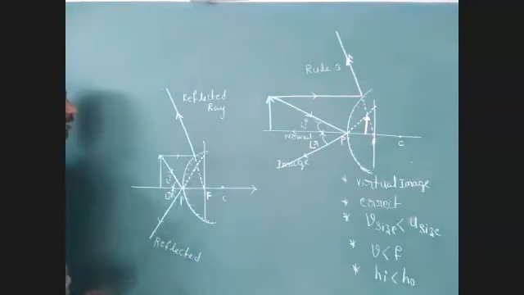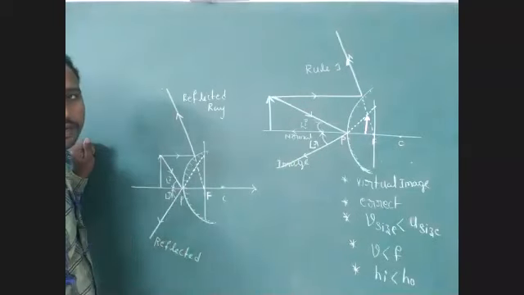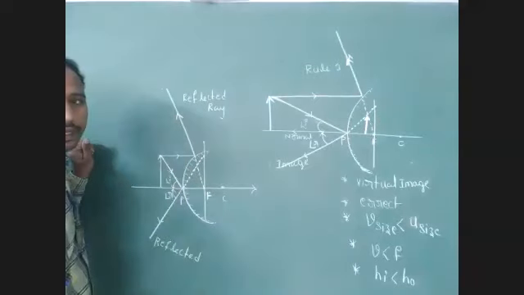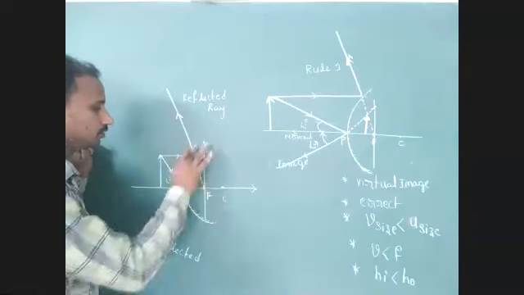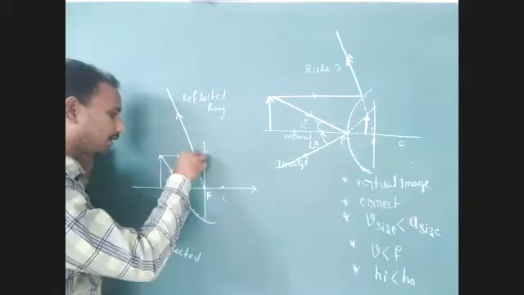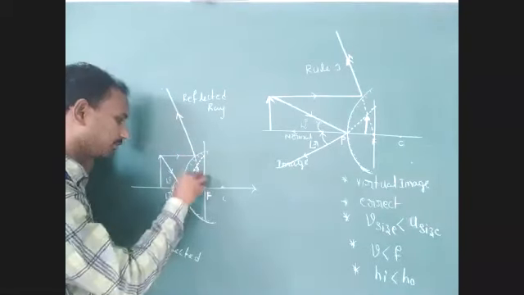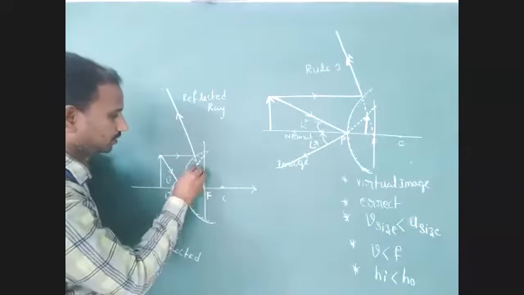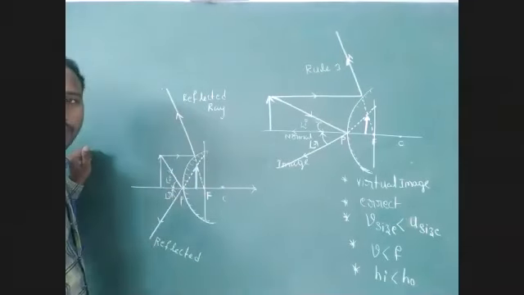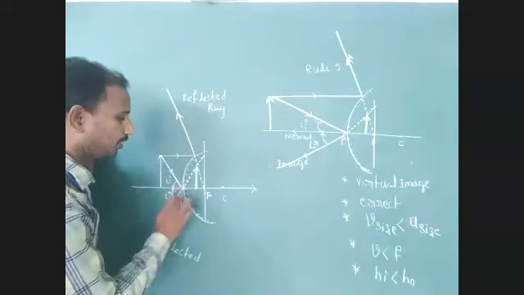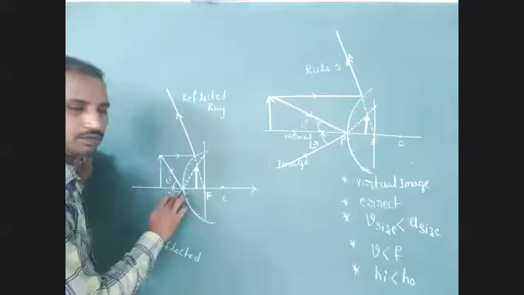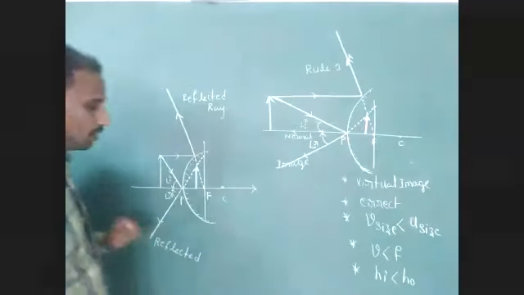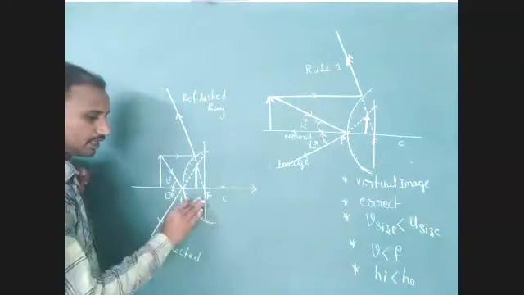Both the reflected rays cannot intersect in the same medium, but these two reflected rays intersect inside the mirror. Okay, we have to extend these two reflected rays. The two extended reflected rays intersect at one common point. We have to consider this common point, the intersection point. Here, image formed between pole and principal focus. Understood? Okay, here image distance less than focal length.